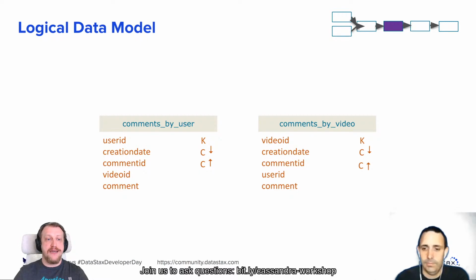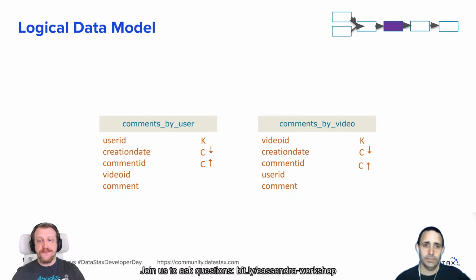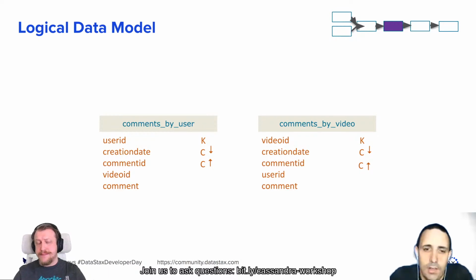Second, does that mean duplication of petabytes of data? No, because in this case, let's take a look at this model. We have user ID, video ID, creation date, comment ID, and the comment itself. Those all are strings. And how big are they? User ID, video ID, comment ID are universally unique IDs. How long is a UUID? 16 characters, something like that? A bit more, around 20 characters.